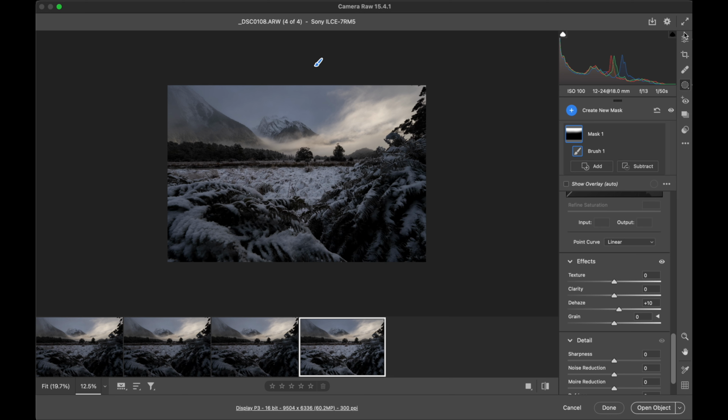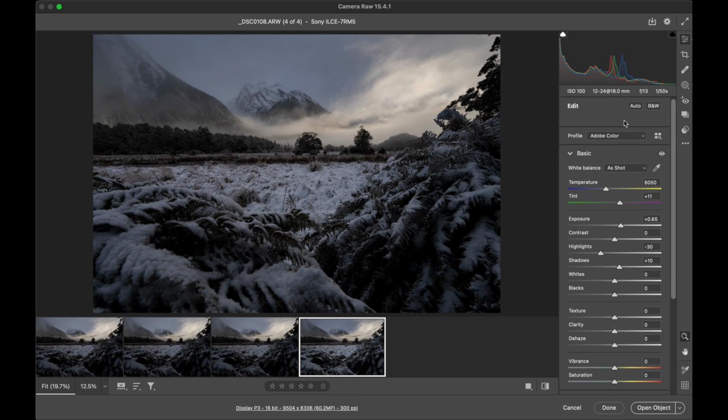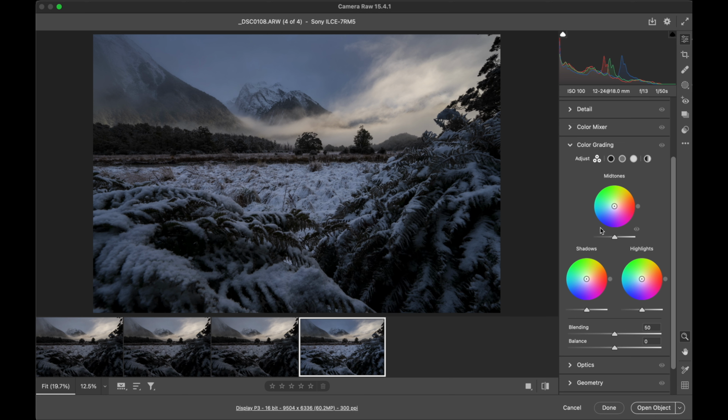And then another approach I would also do on this file is cooling it down a little bit to really press into that cold winter vibe, so I do that globally here. Also the profile, chucking it on landscape, that's instantly giving the colours a bit more punch. And the grading would play a huge part. So going into the colour